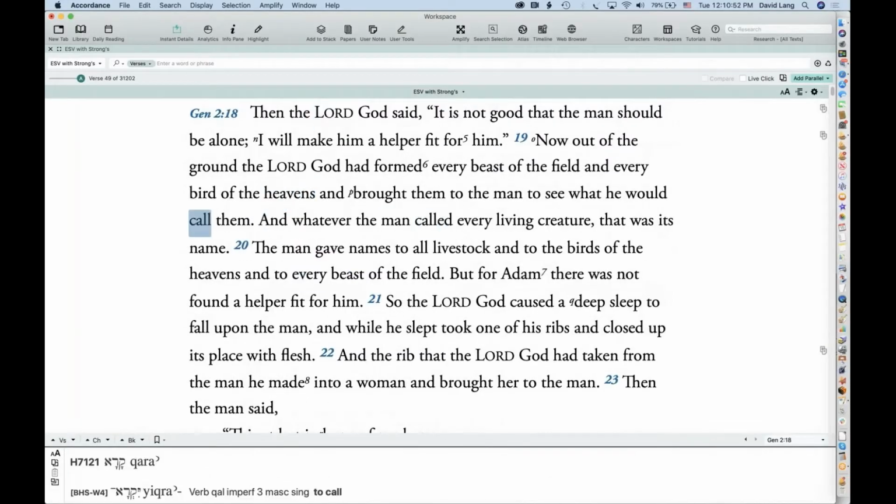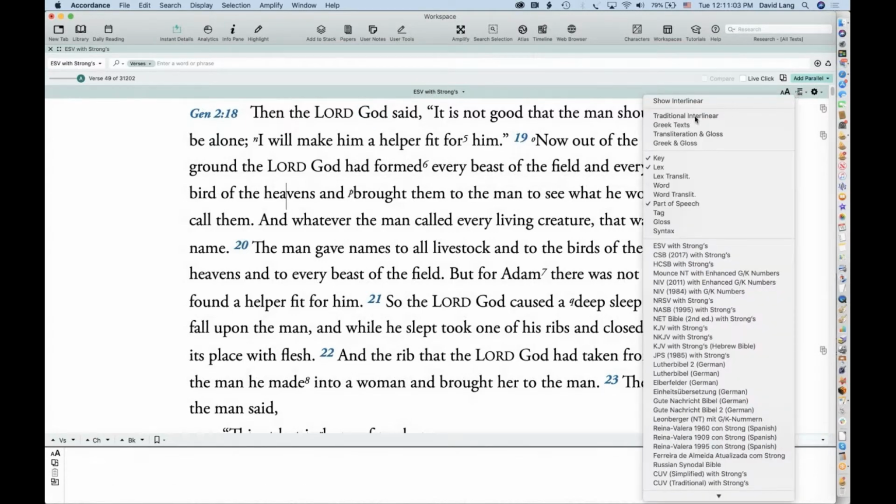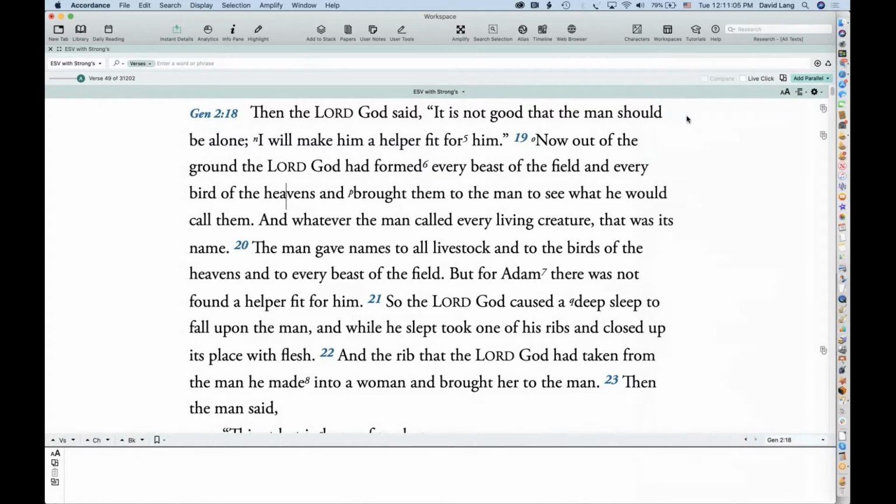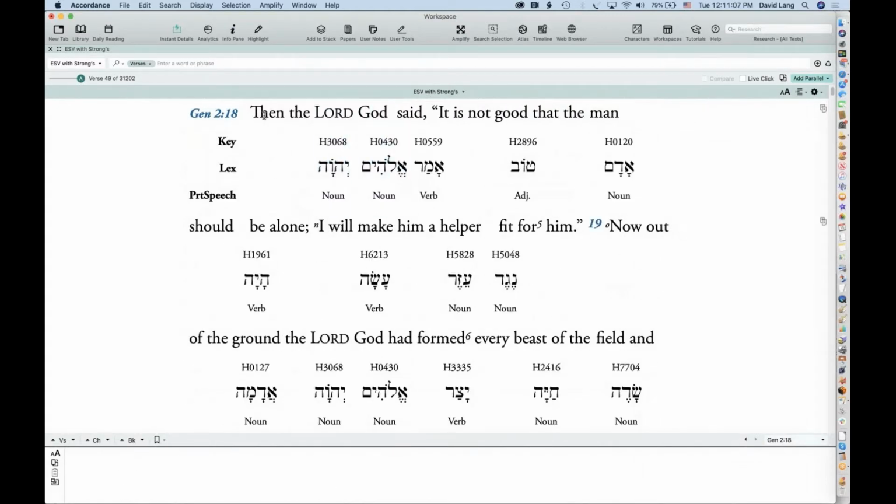All right, so you've got your instant details. Another way that you can view the Strong's information is by opening up the interlinear. I'll just show the traditional interlinear. I did that through this little icon that looks like a series of interleaved lines, so that's the interlinear button.